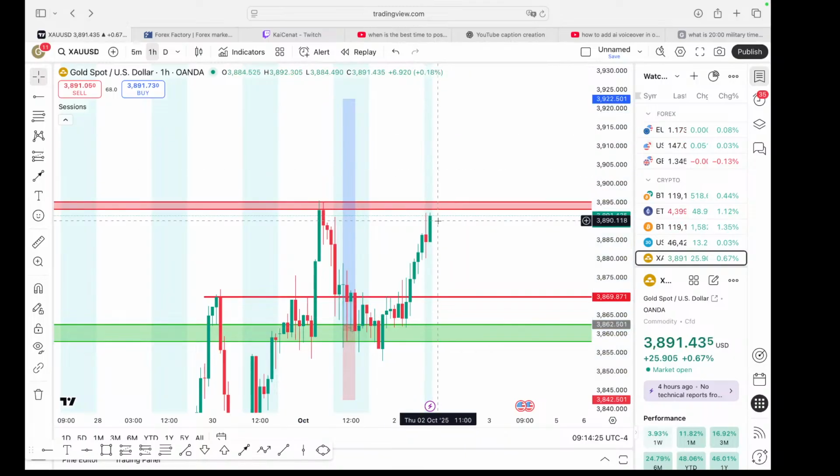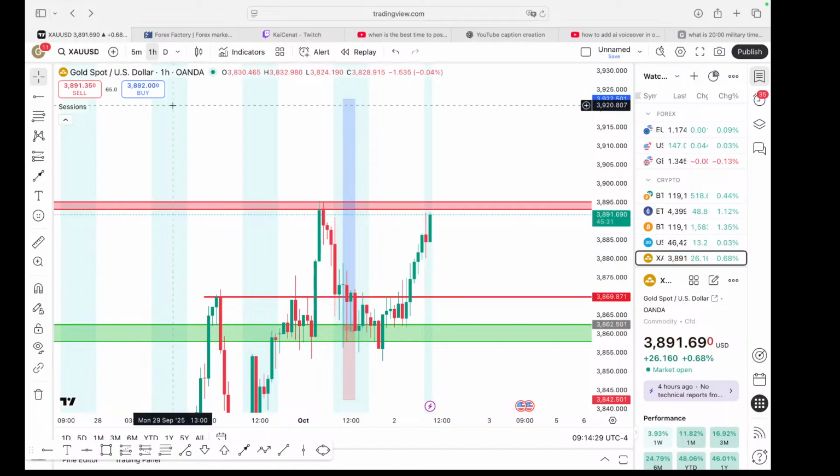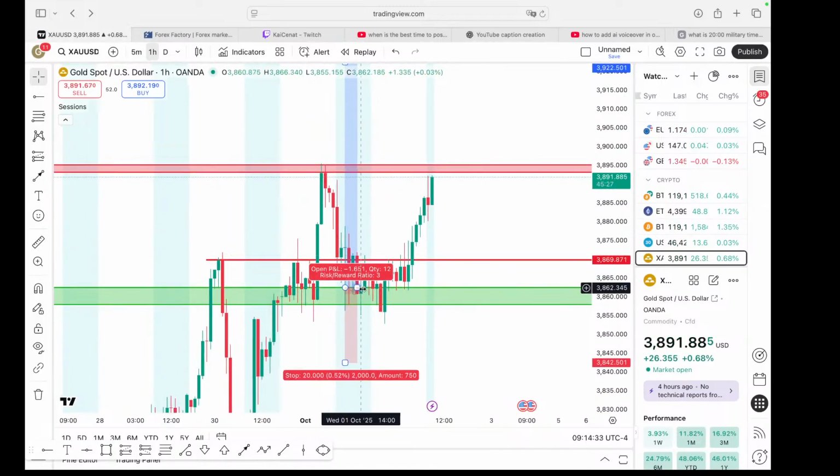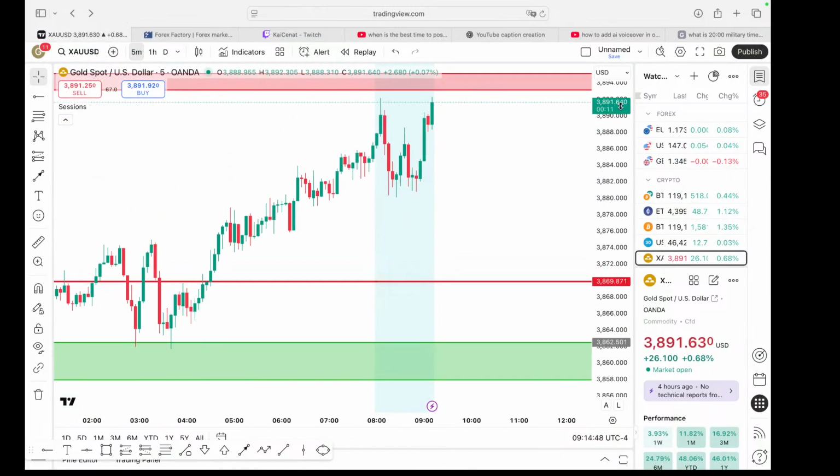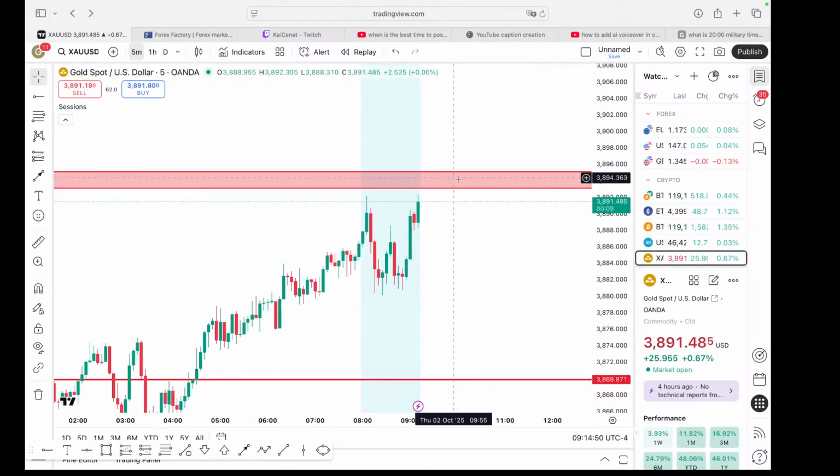Already halfway. Today's trade is going to be very simple. Being that I missed this one, I think I'm just going to sit this out and chill, unless I get some type of confirmation that price is about to just go crazy. Now, I will take a trade if I see a breakthrough and retest of this zone right here. That's about it as far as trades go.